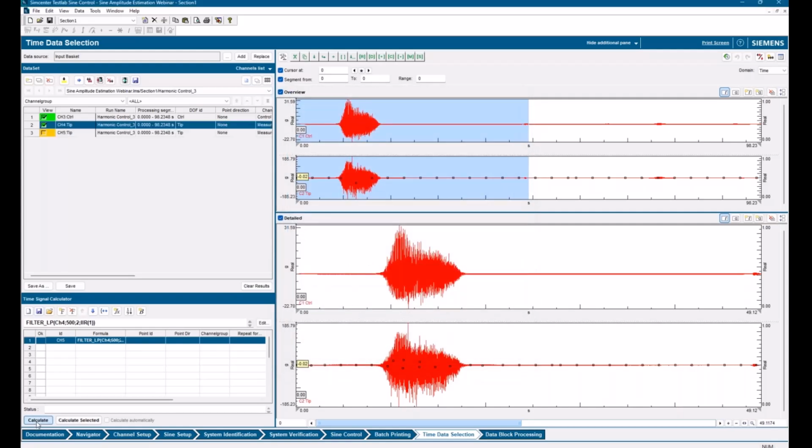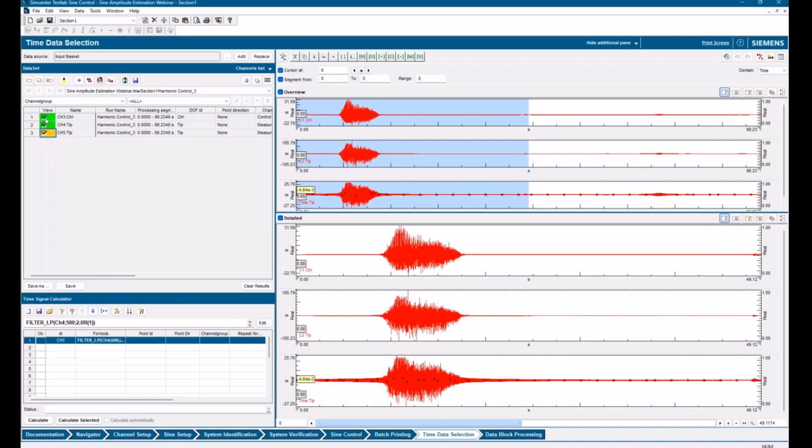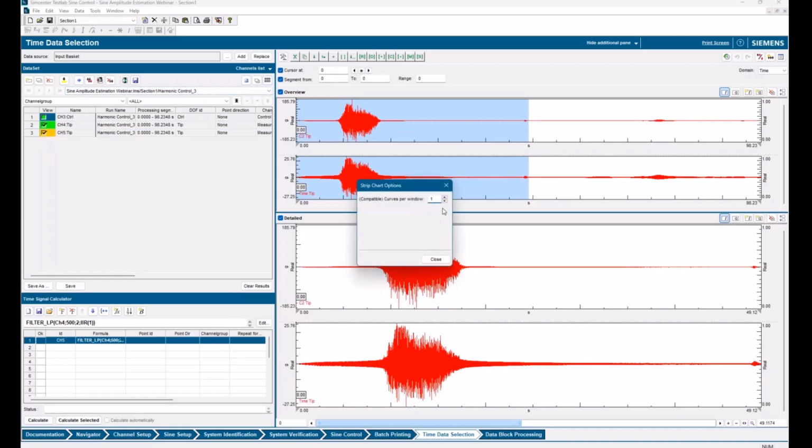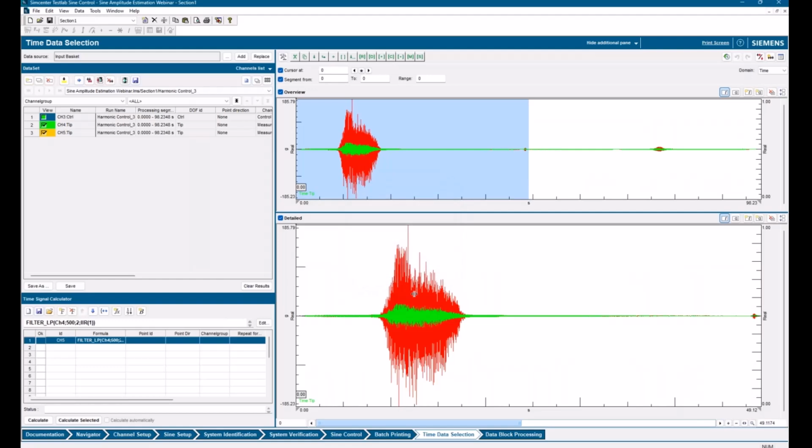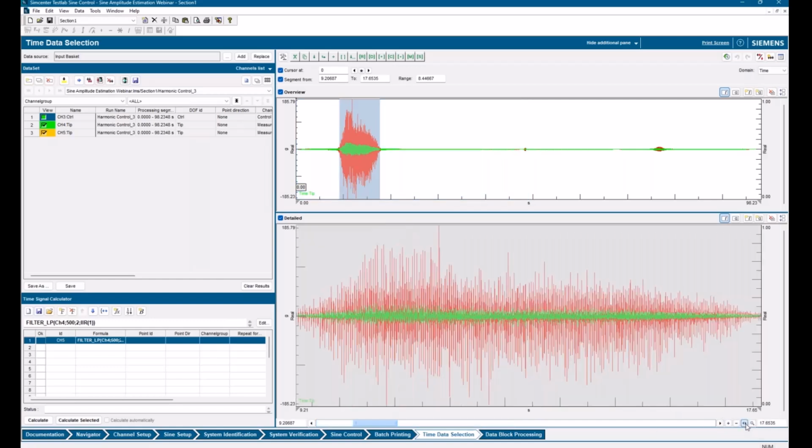So let's calculate here and take a look. Okay, and you can immediately see the difference. This red trace has this high frequency noise in it, and then we have this calculated trace that's giving us more of an answer that we might expect.